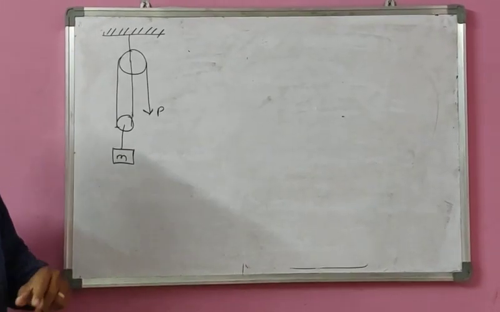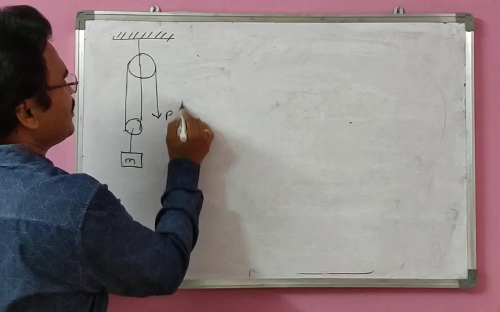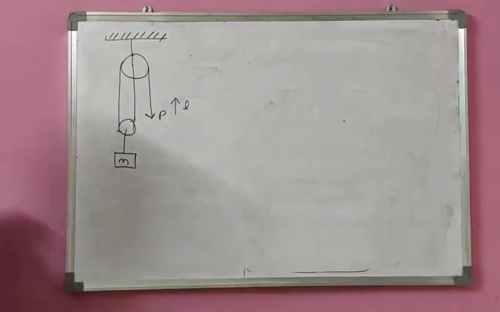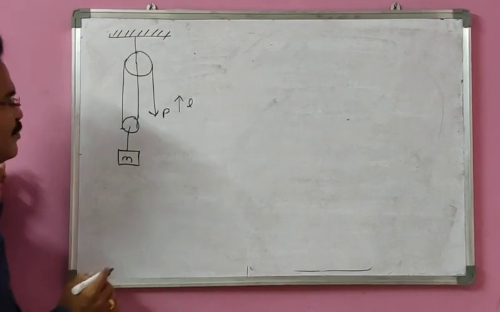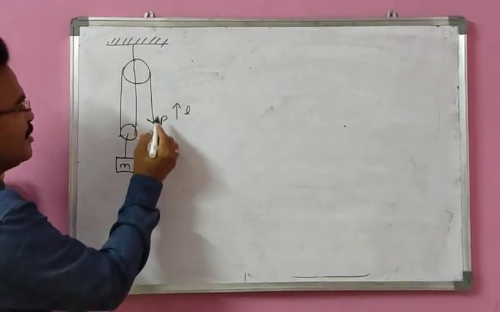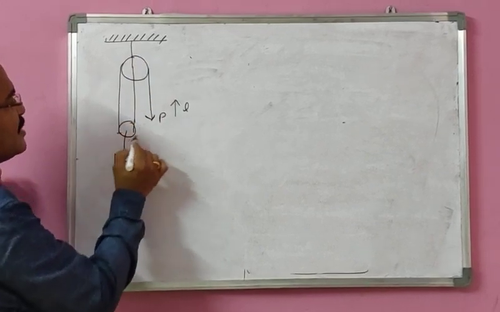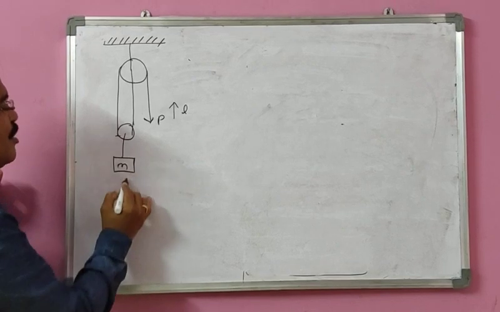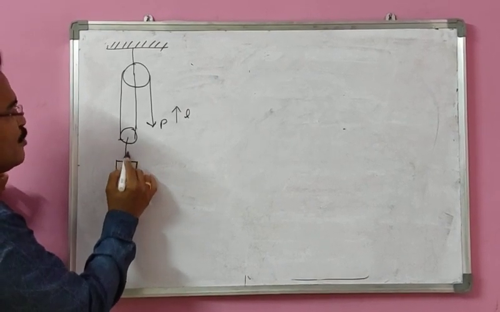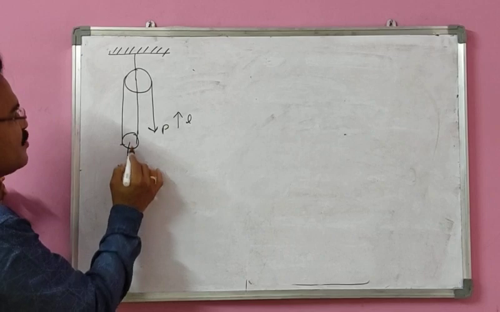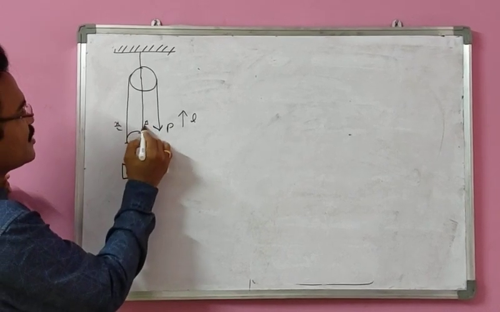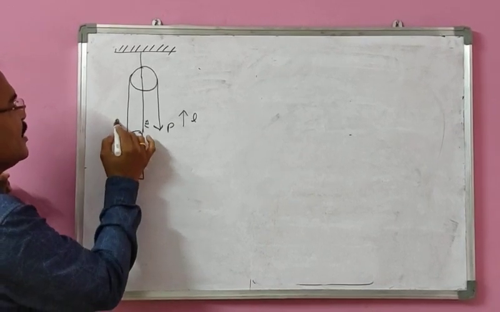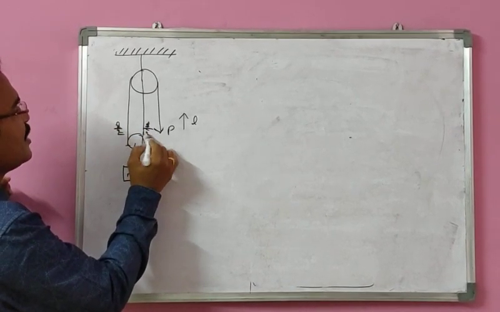What is the potential energy of the block? That means when P goes up by how much here? P goes up by L. What is the potential energy of the M he is asking? Observe carefully here. If this P goes L means it will go like this, it will go like this means the block is going to go down. For example, if it goes down by x means what happens here? It is x by 2 here, and here it is L going down means what does it mean here? It is going down here by L by 2.